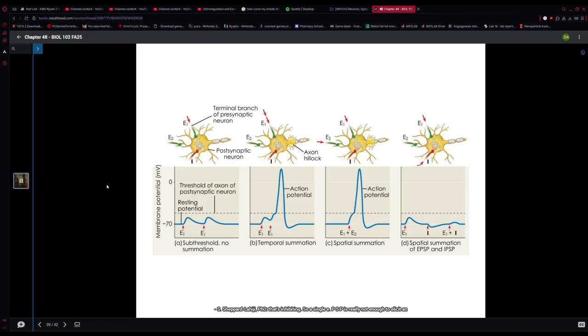So a single EPSP is really not enough to elicit an action potential in a postsynaptic neuron. But if there are many excitatory terminals firing on the membrane of the postsynaptic cell, or if the rate of the delivery is fast enough, then the likelihood of reaching threshold increases, which would mean the likelihood of an action potential occurring increases. So if you have an overwhelming stimulatory effect, then the membrane may have enough stimuli to reach that threshold. What we see in A is an inability to achieve that. If we don't reach threshold, we have no summation taking place here. So notice that we had a little EPSP